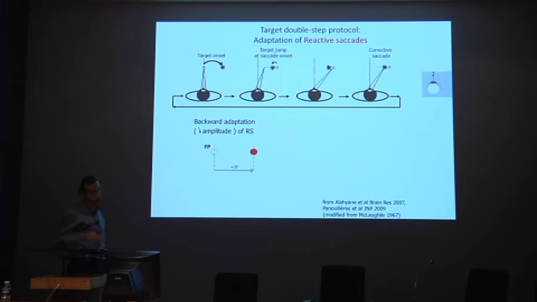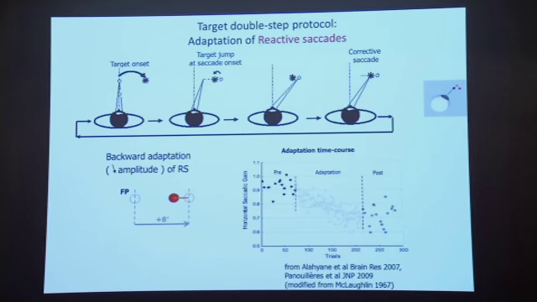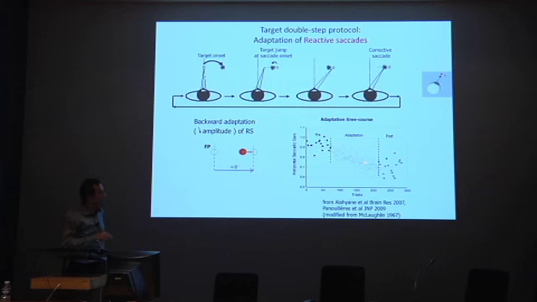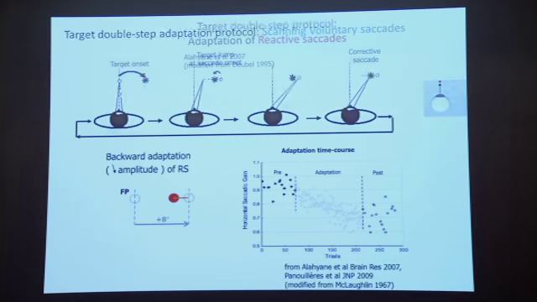So repeating this error induces a progressive reduction of the primary saccade, which is the effect of the adaptation. So this goes like this. You present a visual target. When the saccade is launched, the target is jumping back. And you see that this procedure can decrease the size of saccades, and this effect is maintained after the adaptation phase, even though in this post-adaptation phase, the target is no longer jumping, which indicates that this effect is not due to some strategy, but it's really the result of a modification of the saccadic system.